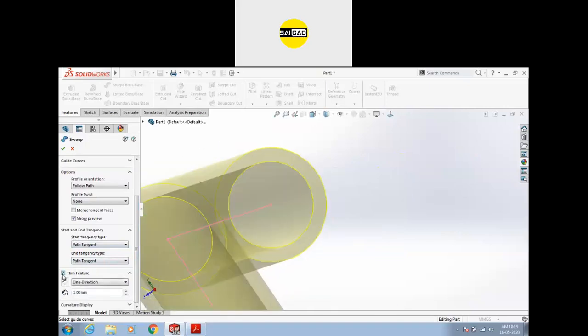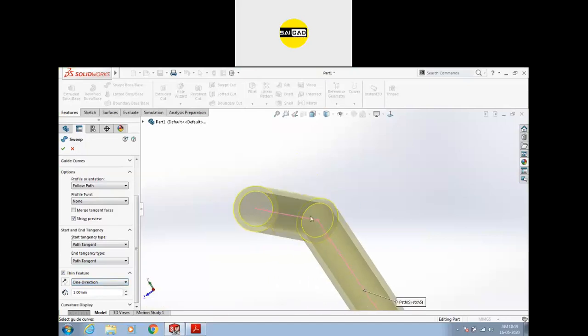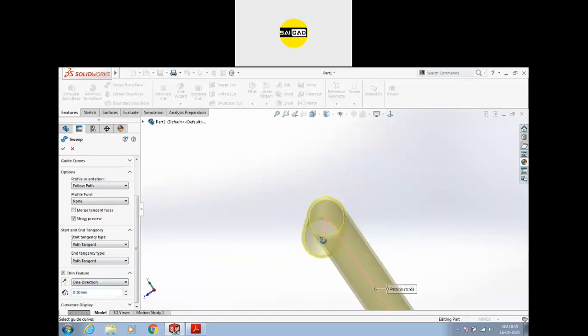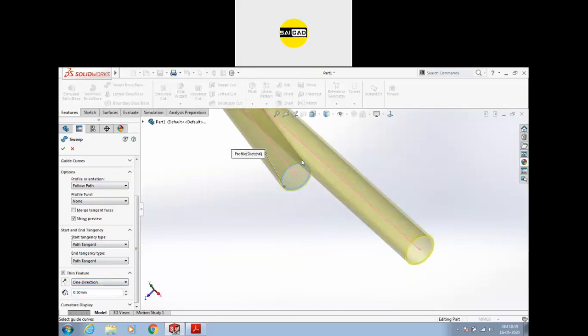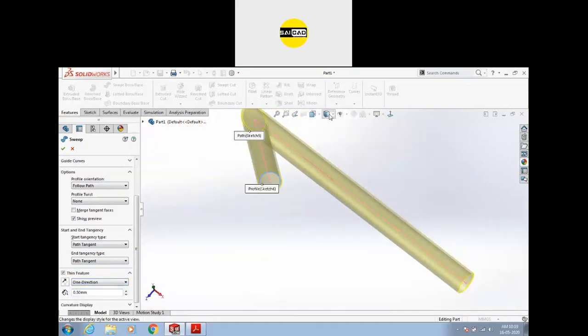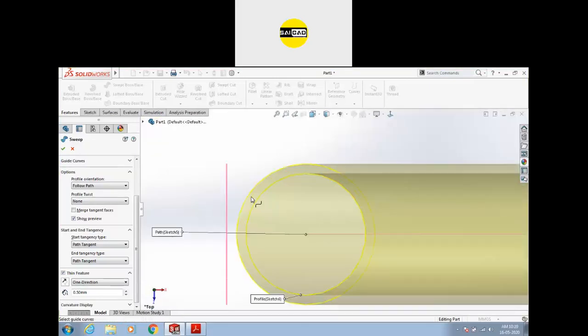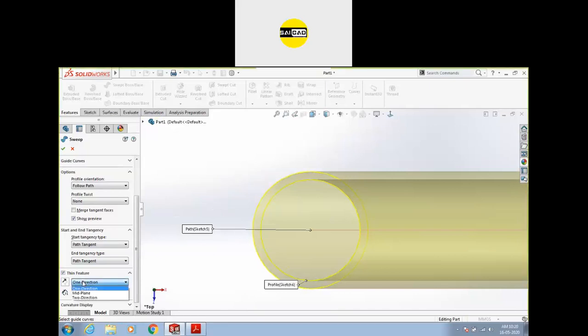Just click here, and you can specify the thickness of the feature. So in this way, you can just create a pipe, hollow pipe. So thickness should be defined here, and the direction of the thickness. Now you have to see here from the top. So go to this point. Okay. So now there is one direction. Okay, if you want to flip the direction, you can see it will go inside or outside like this.